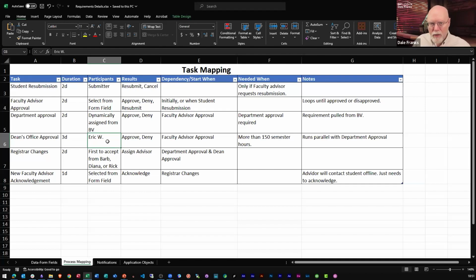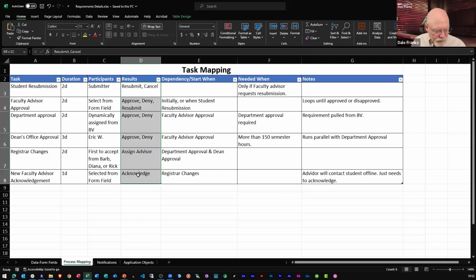As we saw in our question, the answer to that was Eric Wintemute. So Eric is going to be the assignee there. And for the registrar, again, we're back to Barb, Diana, and Rick. We have to figure out how they're going to do that. We've gotten our answer. We will include that in this spreadsheet to show how those users will be assigned. And down here, of course, the new faculty advisor selected from a form field, obviously another user picker.